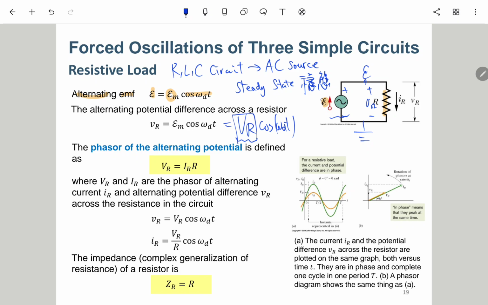Okay, not necessarily the magnitude, because sometimes later you will find that this V out, the phasor of V, can be a complex number, not necessarily a real value. 它这个 phasor 会是一个复数但是在电阻这个例子里面，它是一个实数。